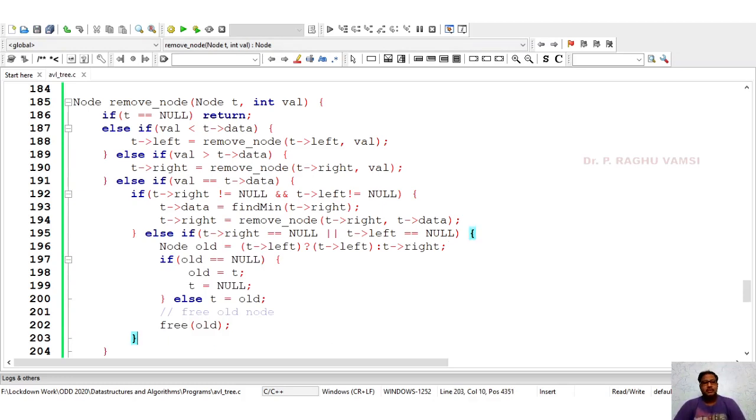Another reason why we have written this old is equal to null is, sometimes if the deleting node is a leaf node, then in such cases this is an or condition. That means either t right is equal to null or t left is equal to null, the condition will be true. If both are true also, this condition will become true. So in such cases, sometimes old is equal to null may happen, because if it is a leaf node,